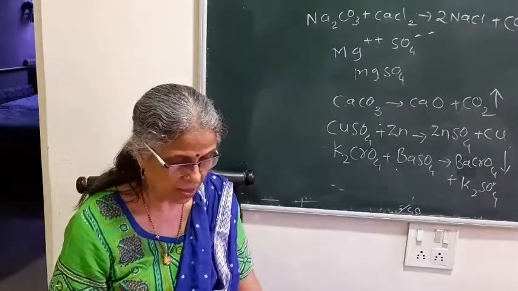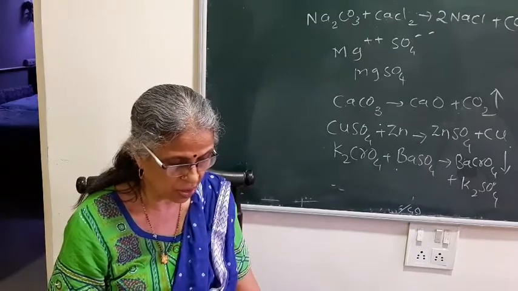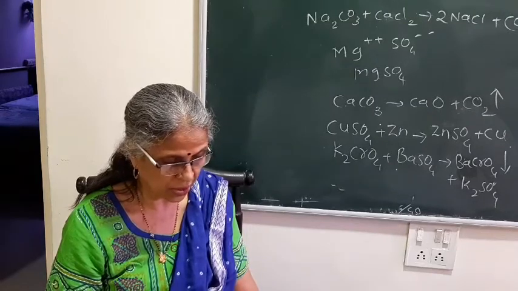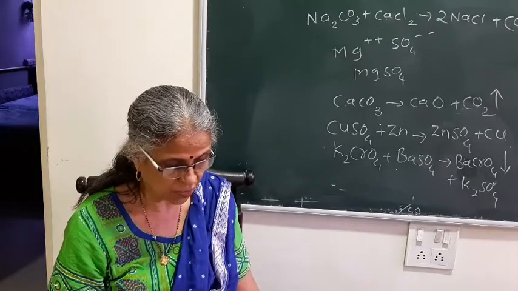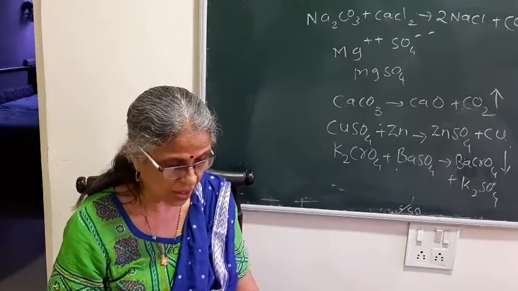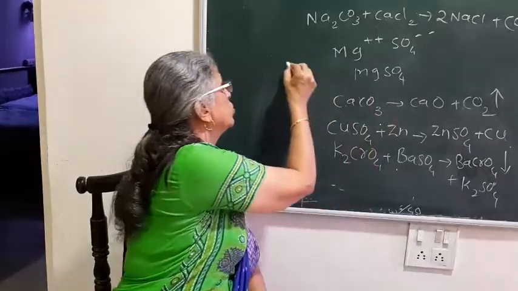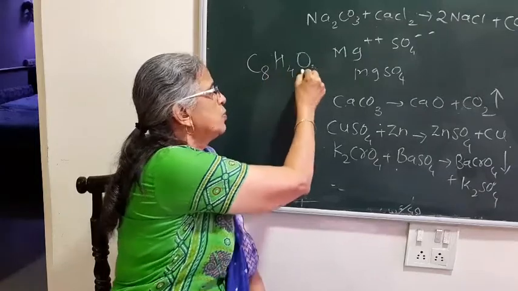Take phthalic anhydride in an evaporating dish. Close the end of the stem of the funnel with a cotton plug and keep this funnel inverted on the evaporating dish. Heat the evaporating dish on the tripod stand slowly on a low flame. What did you observe in the funnel during heating? Phthalic anhydride has the molecular formula C8H4O3.